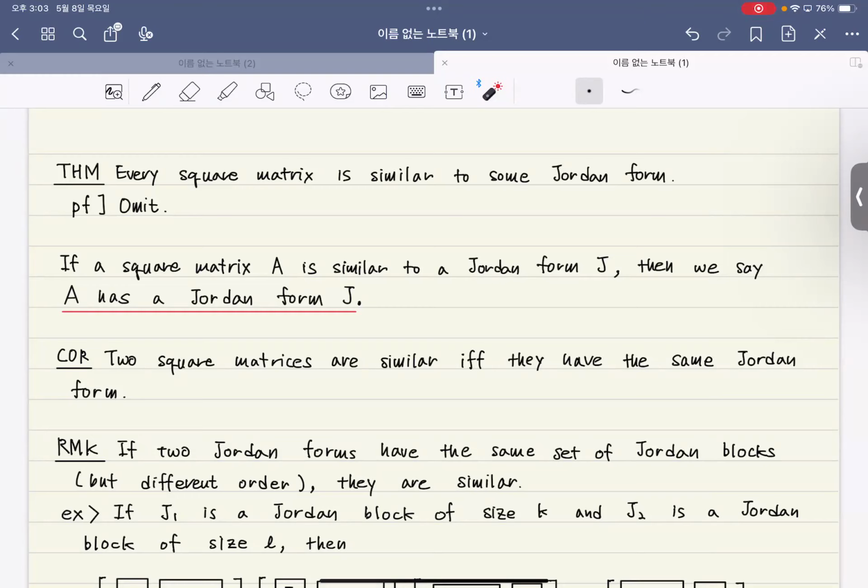Suppose that you have two matrices A and B, and suppose that these two matrices have the same Jordan form. According to the theorem, we are safe to say that if two matrices have the same Jordan form, then those two matrices must be similar to each other, right? So if A is M1 J M1 inverse, where J is the Jordan form, and B is M2 J M2 inverse, then